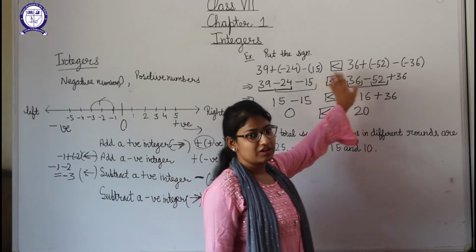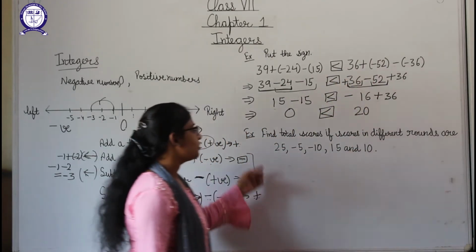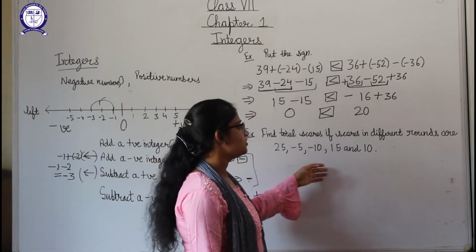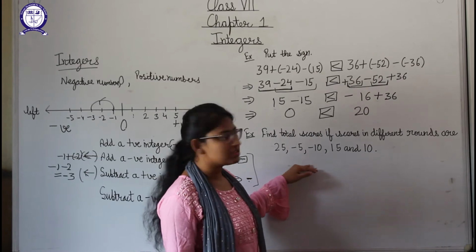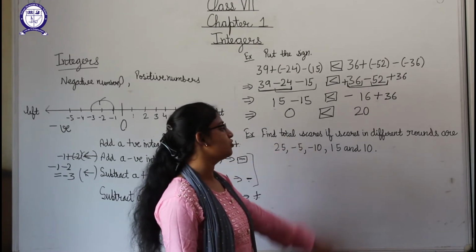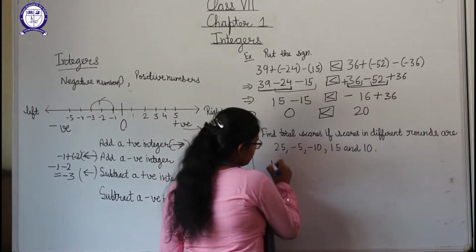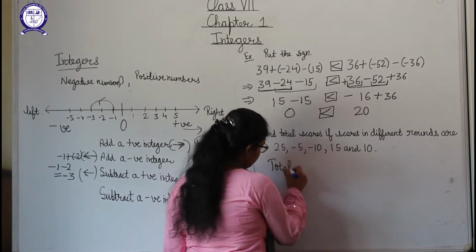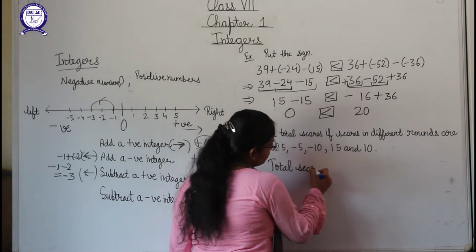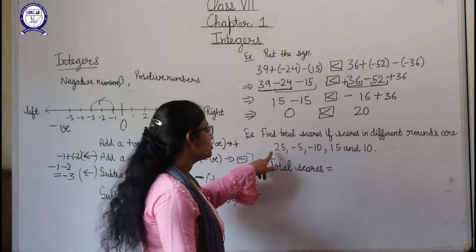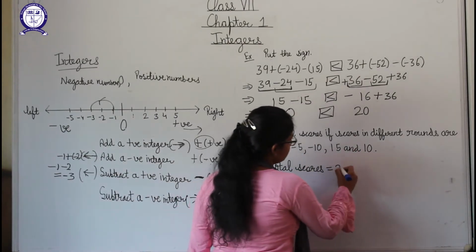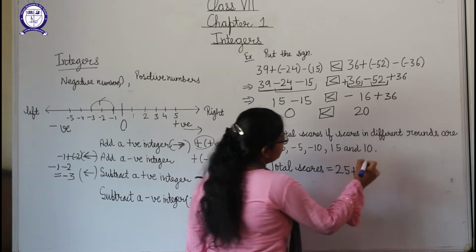expression was the greater one. Okay, now the next example is: find the total score if the scores in different rounds are given. Okay, different round scores are given to us, we have to find the total score. So students, for the total score, what will we do? We will add all these scores. So 25 is in the first round, then as we have to do the total,